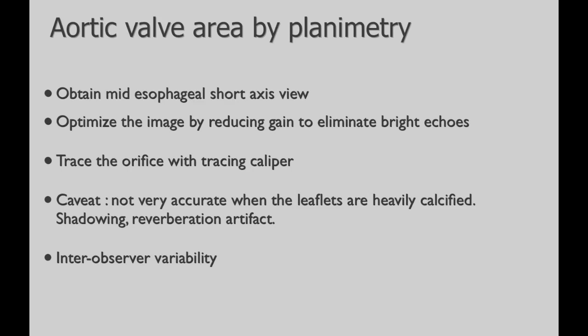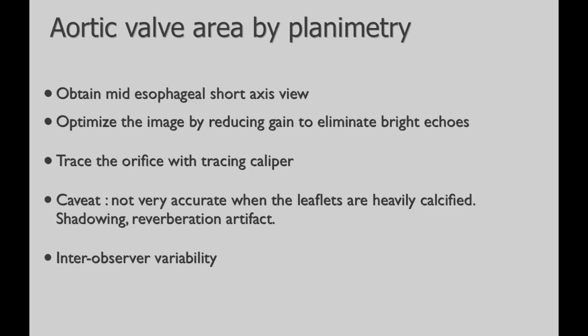Now we will talk about how to assess the aortic valve by planimetry. The first thing to do is obtain a mid-esophageal aortic valve short axis view, optimize the image by reducing gain, change the depth so that the aortic valve is the focus of the screen, and then when the image is frozen, trace the orifice with a tracing caliper. One caveat is this is not very accurate when the leaflets are heavily calcified, or if there's shadowing or reverberation artifact from